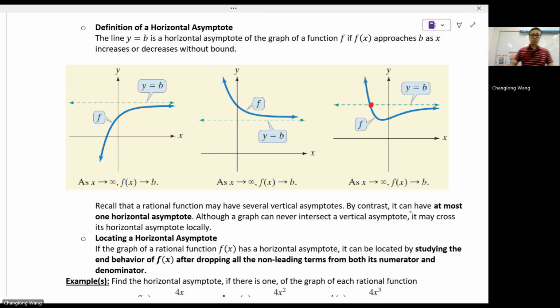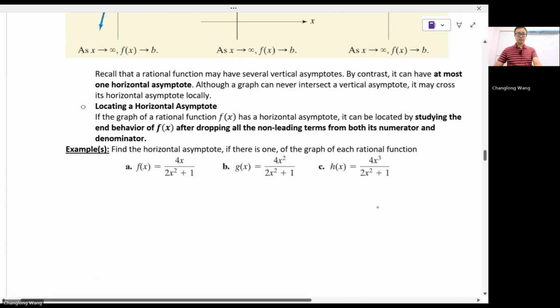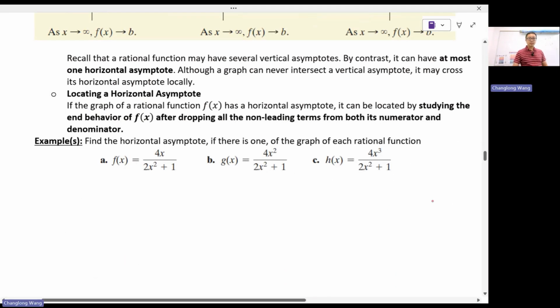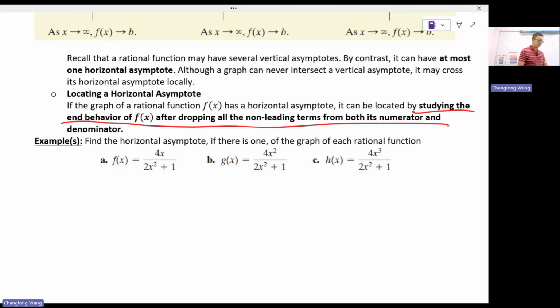Now, how do you locate the horizontal asymptote? And again, please, when you study the notes, you know why I'm highlighting certain things. They might not be theorems, right? But they are strategies or maybe some little tricks. So what you want to do is drop the non-leading terms from both the numerator and denominator of a rational function. Okay. So to make sure that we're understanding the terminology,